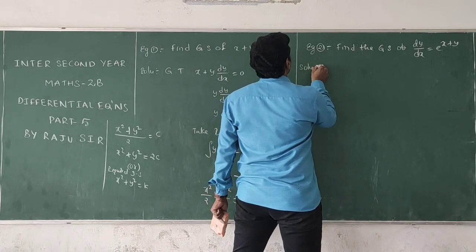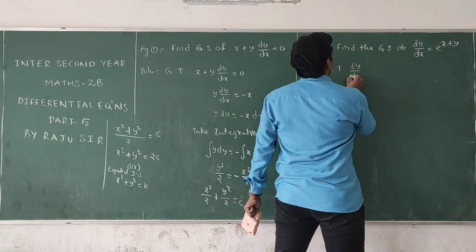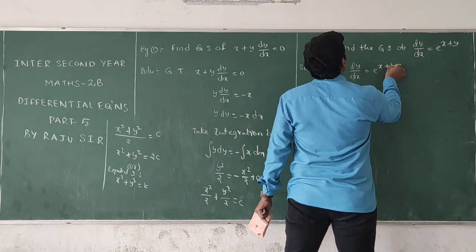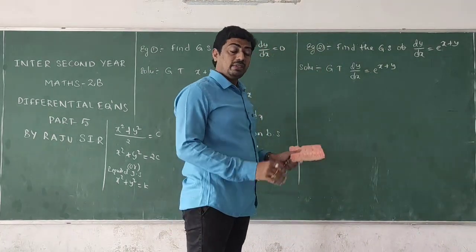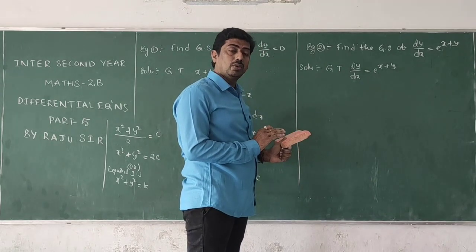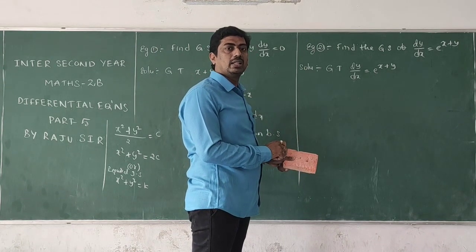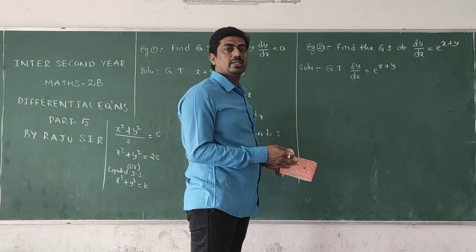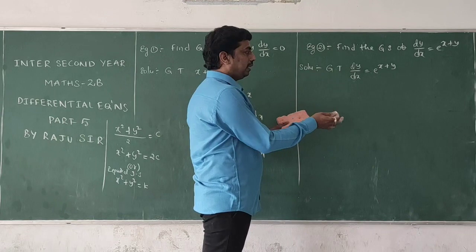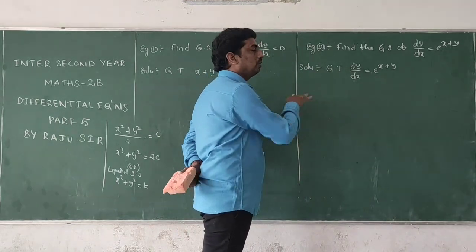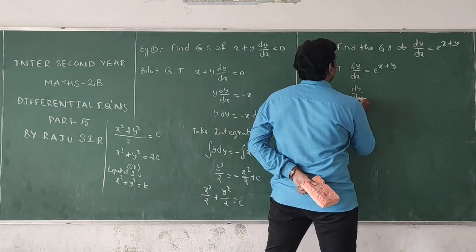The same model, we have another question also. This example: given that dy by dx equals e power x plus y. Can we separate the variables? Only if we have the choice to separate the variables can we solve the given differential equation in this method. Otherwise, we need to go for homogeneous, non-homogeneous or linear differential equations. Is it clear? Now we can solve this one in this method.